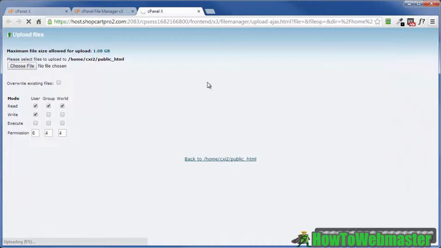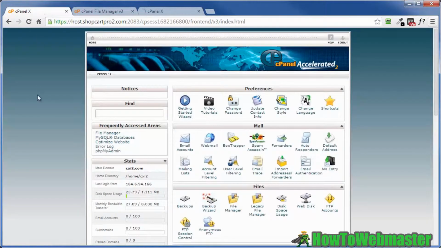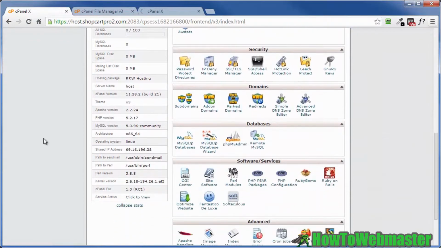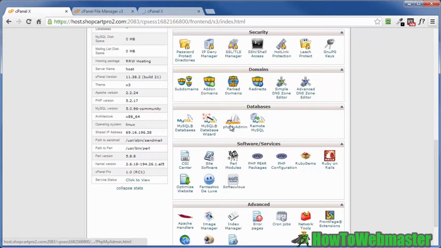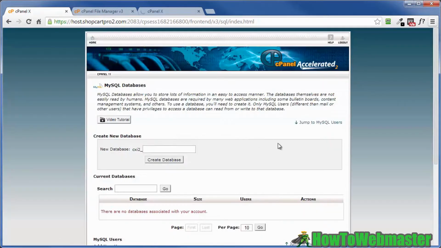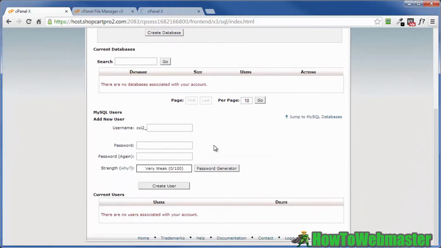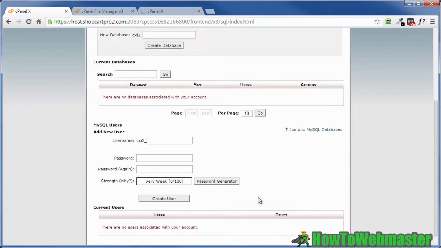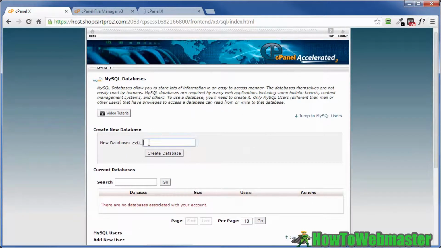And while it's doing that, I'm going to come on back over here to cPanel and create our database. So scroll on down till you get to the Databases panel, click on MySQL Databases, and if I'm going too fast for you, well, that's what the pause button's for. Now we want to create our database here, create a user here, and then tie the two together down here. And I'll get to that here in just a second. But first, let's create our database. Now you can put whatever you want in here, and if you make a mistake, don't worry because they will tell you in big red letters. Click on Create Database,